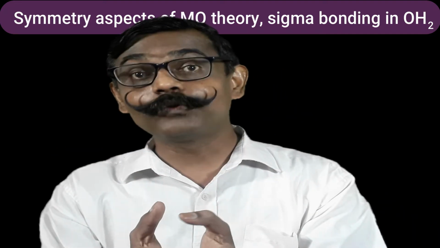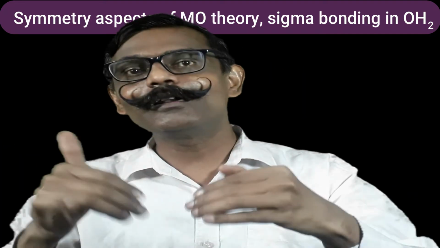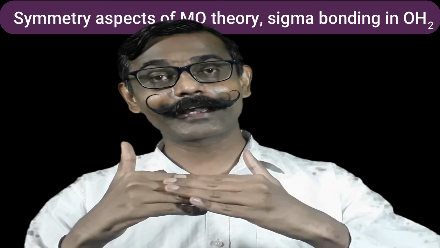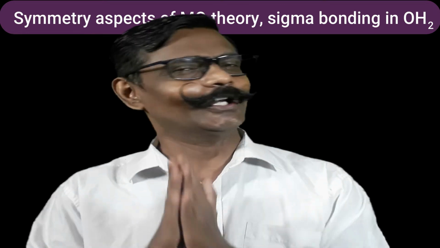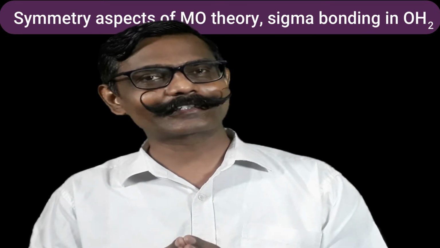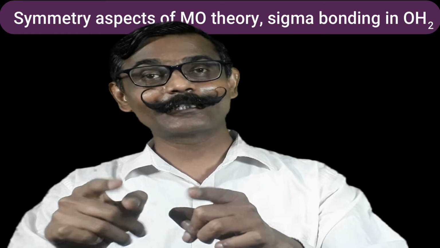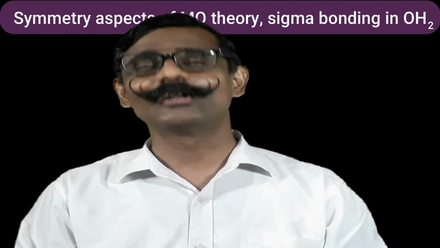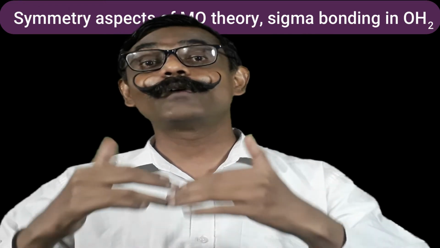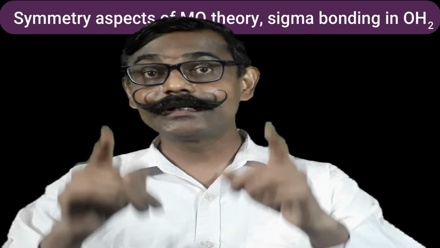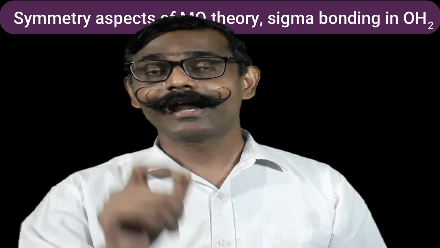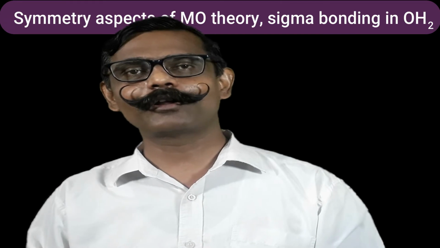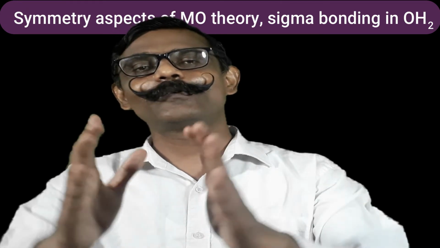Exactly, symmetry means what? That concept you will come to know now. Till now, we considered x orbital, y orbital, symmetric along x axis, y axis, likewise. No, that is not the only understanding of this symmetry concept. Symmetry concept means related to the point group, the character table, the molecular notations. In order to consider this symmetry concept, one principle was there, and the name of that principle was, yes, LCAO, linear combination of atomic orbitals. So that is what we are going to learn.